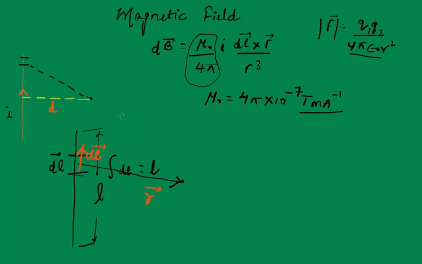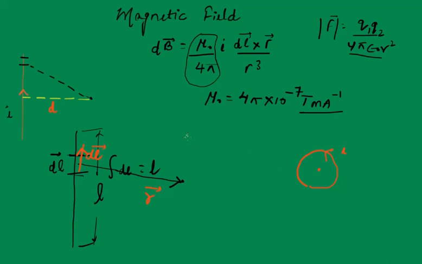Once we do that, we'll take one more example, in which we will try to find out the magnetic field due to a circular wire which has a current I flowing through it, and from this wire we'll try to find the magnetic field at the center, right? So these two examples, we will apply this expression to find the magnetic field in these two scenarios.